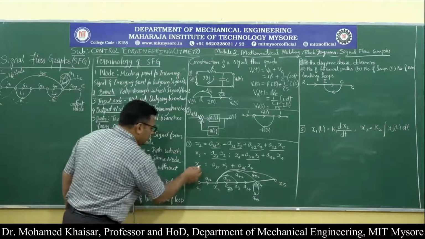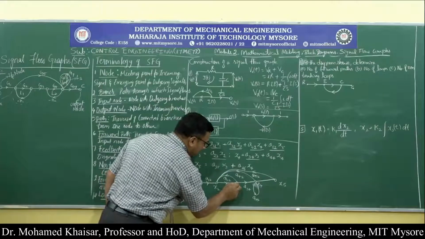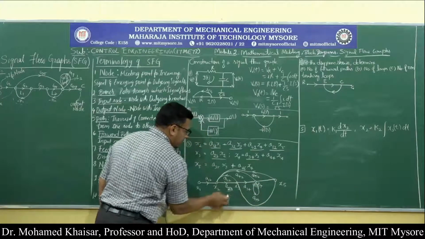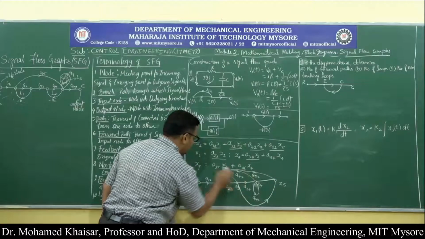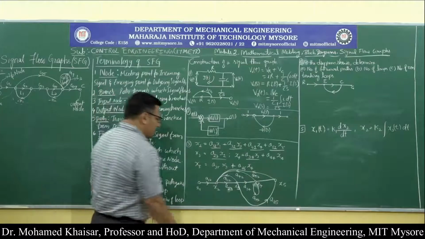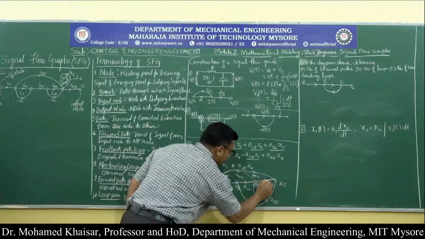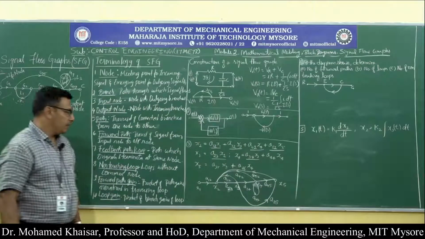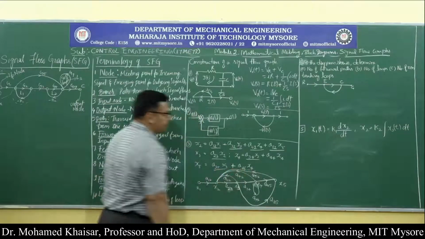Then what is x5? x5 is written as a35 into x3. So from x3 the signal is flowing to x5. In this fashion you can bring it, and because 3 to 5 it has to flow, and the gain is a35, it has flown from 3 to 5. Then plus a45 into x4. So x4 is here, into a45 means there is a signal flowing from 4 to 5 with the gain of a45. This is how the signal flow graph for the given relationship can be written.